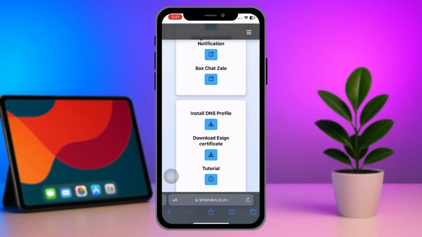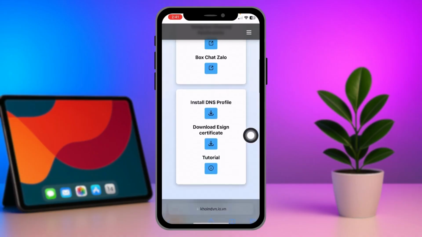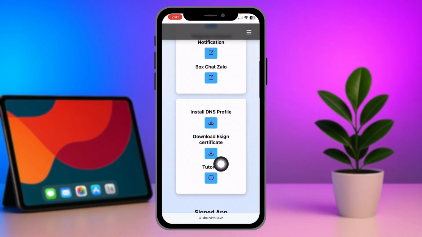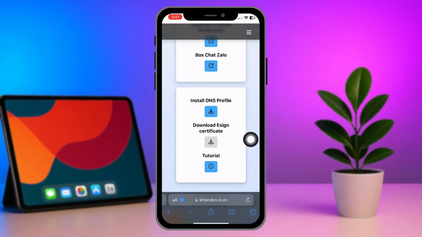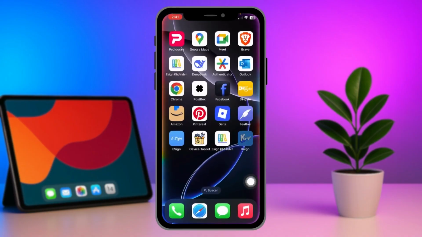Let's go into the app and here we're going to go to the top. Let's select this little blue button that says download certificate so that we can download the certificates. We simply select it, the pop-up will appear, and here we're going to click on download so that this zip file is downloaded. Once we have it, we are going to place it inside KSign